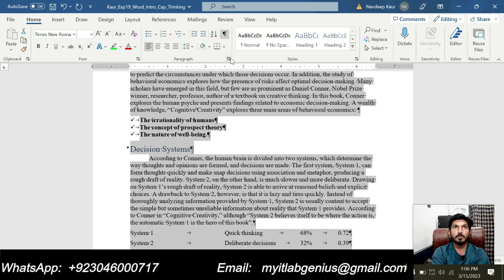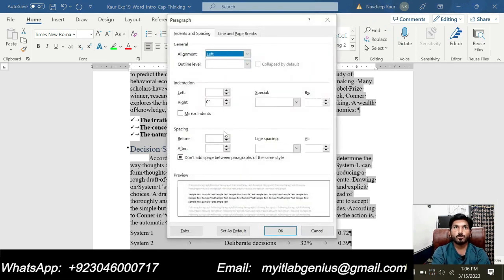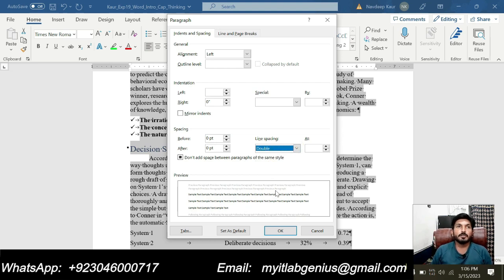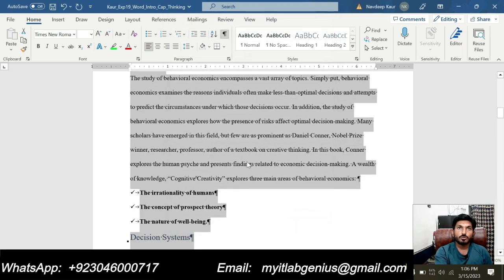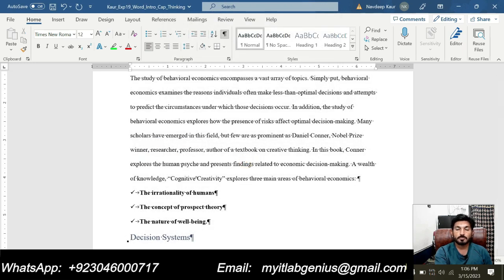The document will be selected. Then we will go to the Home tab. After going to the Home tab, we will click on this arrow symbol, that is the paragraph setting, and now we are supposed to make the paragraph spacing before and after to 0. So this is the paragraph spacing, before it should be 0 and after it should be 0, and we are supposed to make it double space. So now you can see that we are making the paragraph spacing before and after to 0, and we are making the document double space. After doing this setting, we will click OK, and you can see that we are done with this one.